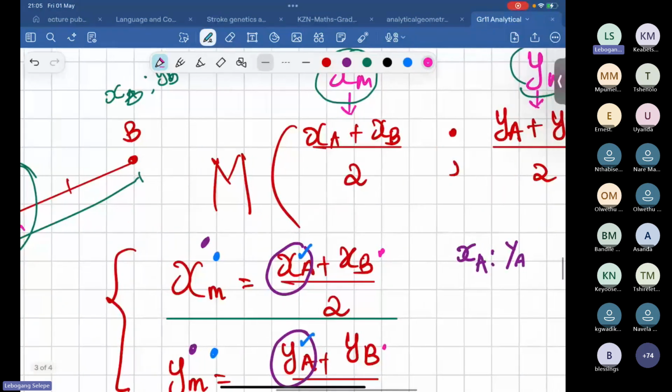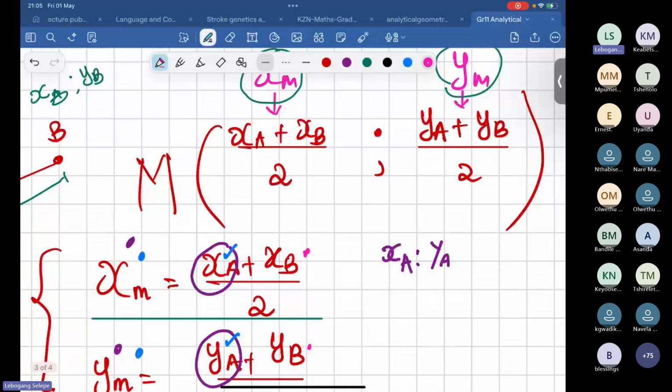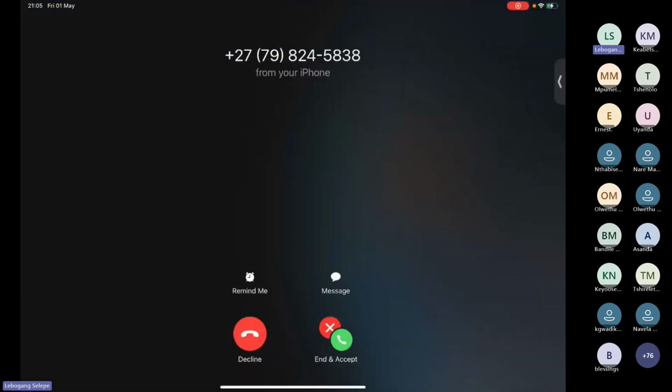Then I said, remember that it's not all the time where the examiner will say, calculate the midpoint. In some instances, the examiner will give you the midpoint and expect you to give them something else. So the examiner could give you the midpoint and expect you to calculate the coordinates of